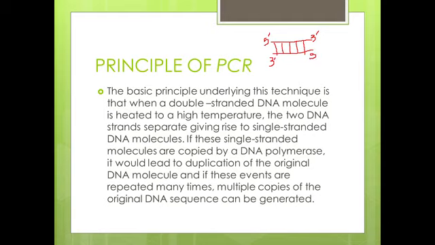The basic principle of PCR is that if we are somehow able to separate these two strands of the DNA molecule, then each separated strand, the 5' to 3' strand